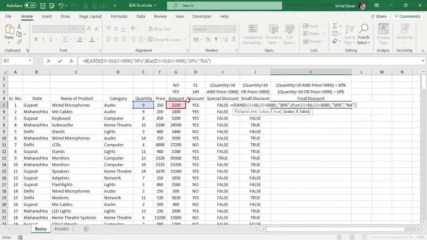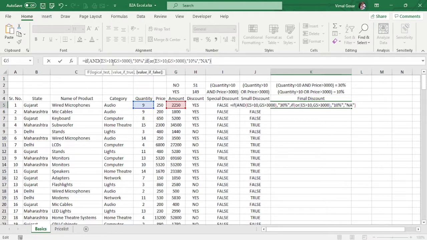Now this is what you call parenthesis or brackets. We have to very carefully understand that brackets are supposed to be closed for all the formulas that we have used, or all the commands or all the functions that we have used. So this bracket will always keep on indicating a few things. When you just go over the bracket, it gets highlighted. So just press the arrow keys, you will see it is getting highlighted. So this bracket is getting highlighted for the IF function that we have used over here. So this is how it is getting used.